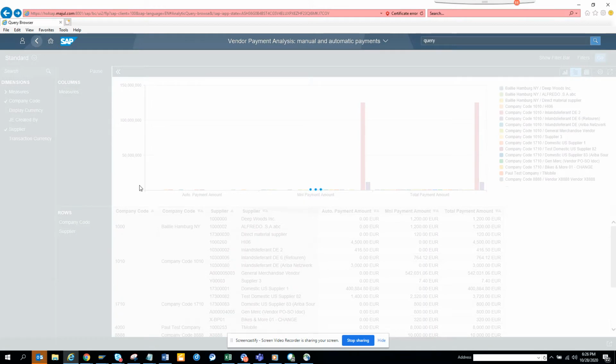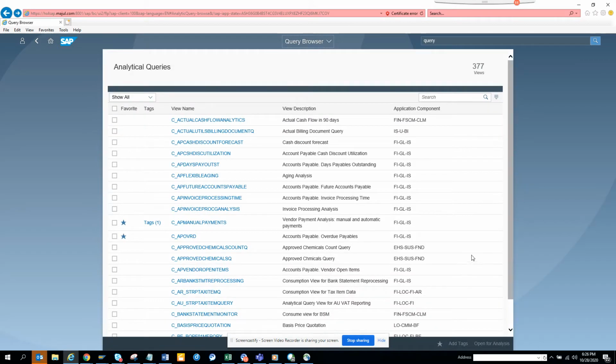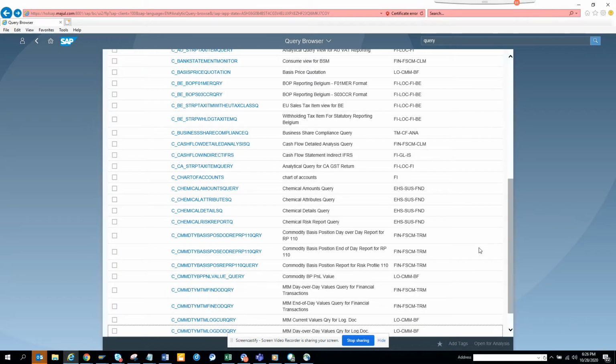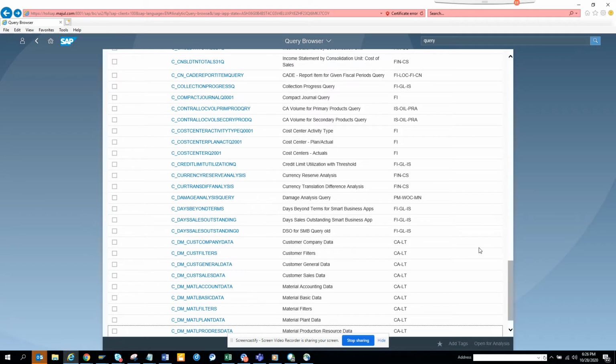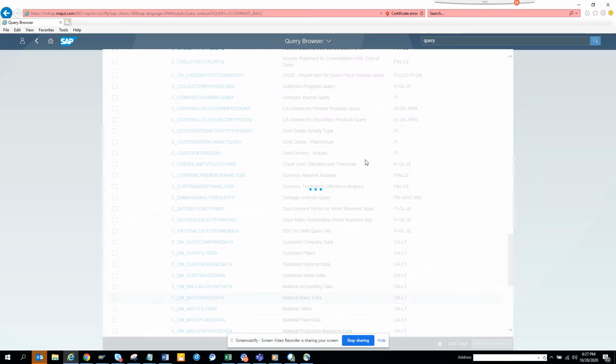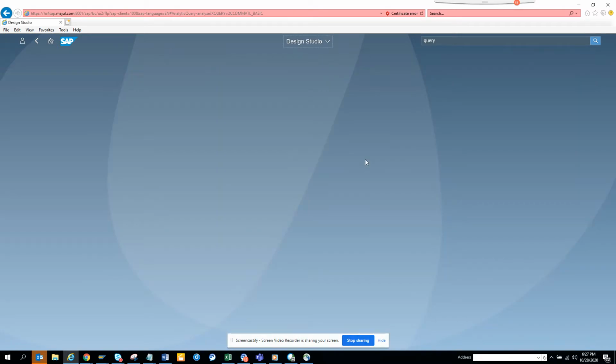Now let's check something else, and these are all out of the box. No one has designed them, SAP has given this out of the box. I'll check some material related stuff, because materials is heavily used by everyone. So let's see. I'll just check material basic data, and I'll do a customer also. Let's see. We'll do open for analysis, and here